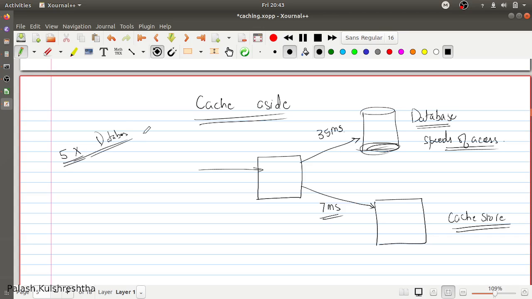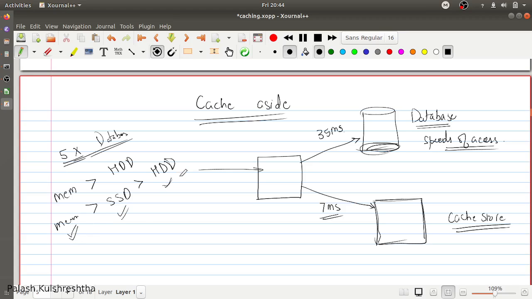But what is the downside of this? The medium on which the cache is storing your data is costly. For example, it may be storing your data in RAM or memory. Then memory is basically costlier than your hard disk, right? Or it can be like memory is costlier than SSD, solid state devices, and SSD is costlier than hard disk. But in terms of performance, memory provides very high performance, then SSD, and then HDD.